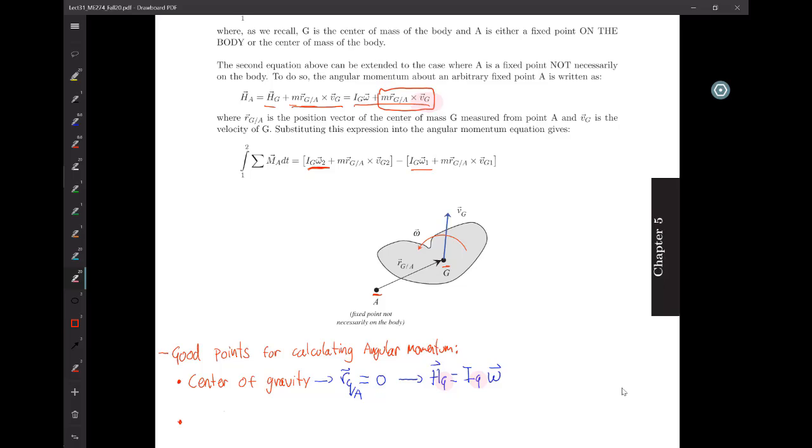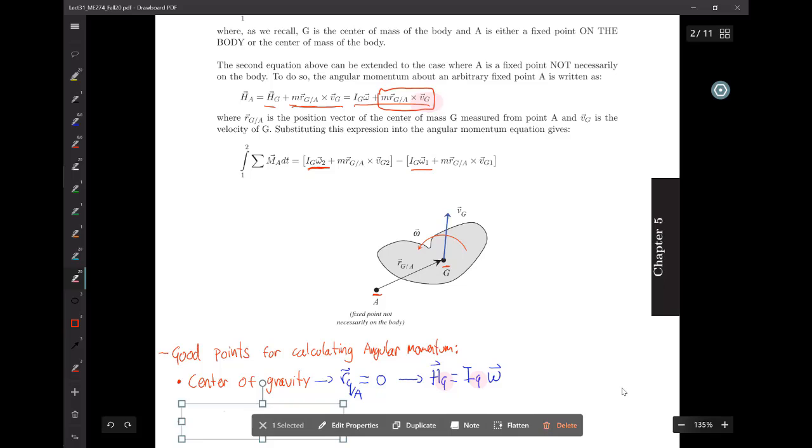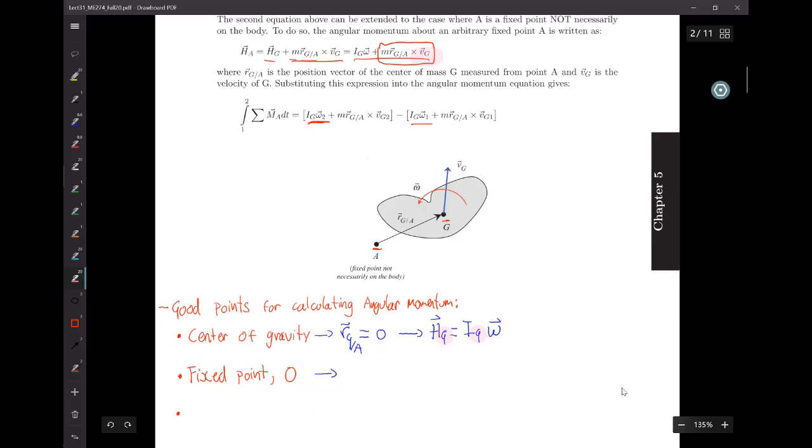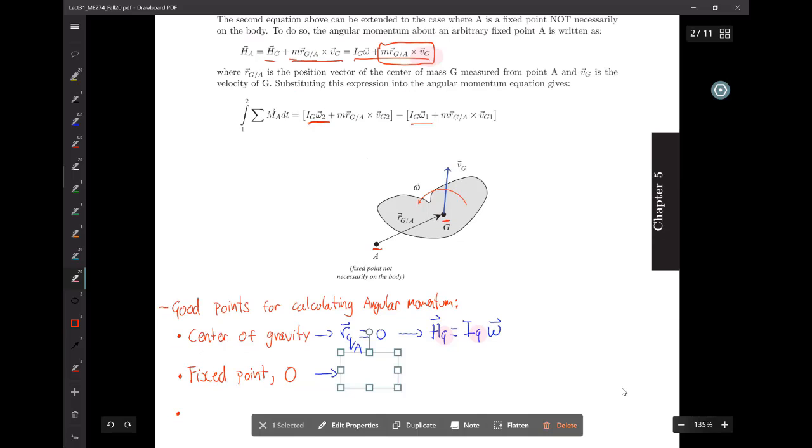That is the third good choice, an easier one. A fixed point, right? If we use a fixed point for calculating our angular momentum,